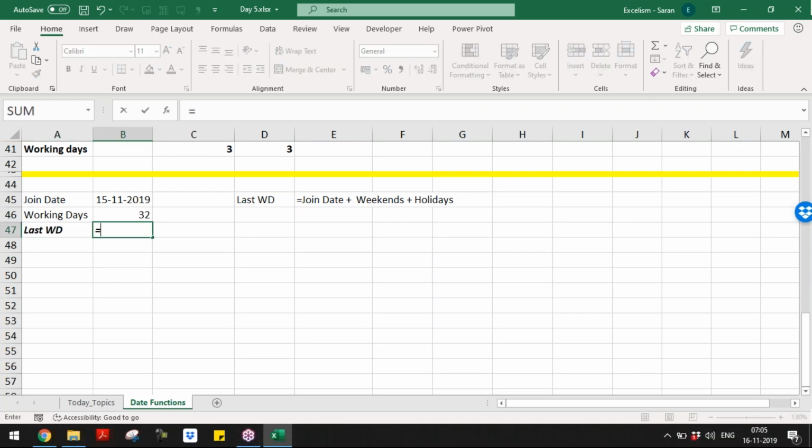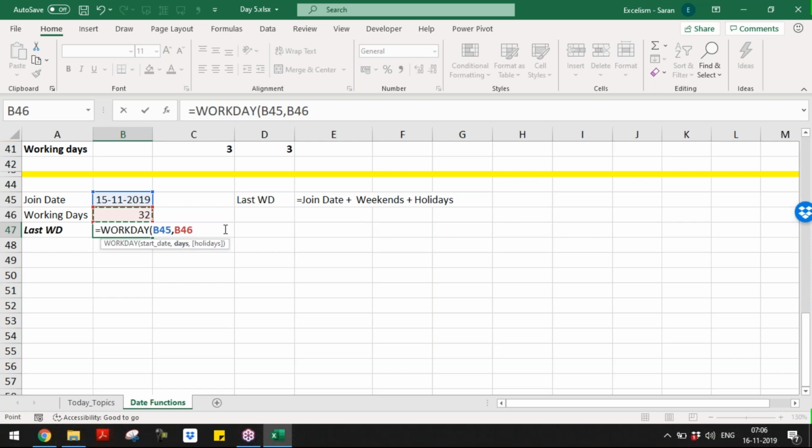It's very simple. We have a function named workday. Don't confuse. In the workday function, this is my start date, and this is the number of days. This is exactly like NETWORKDAYS. The only difference is the second argument, because there I need to take start date and end date because I want to find the difference. In this case, I have to take the start date and how many days to add. This days is nothing but working days.